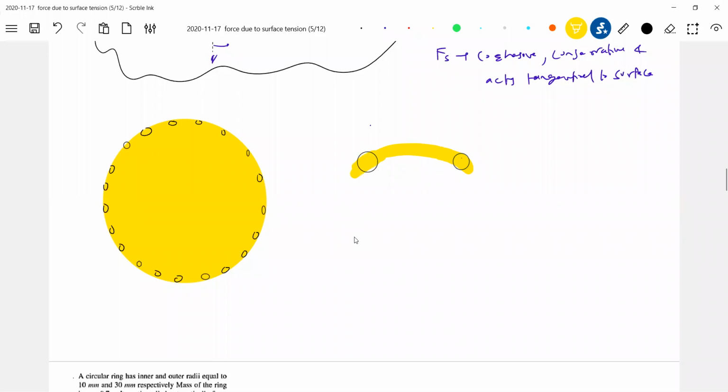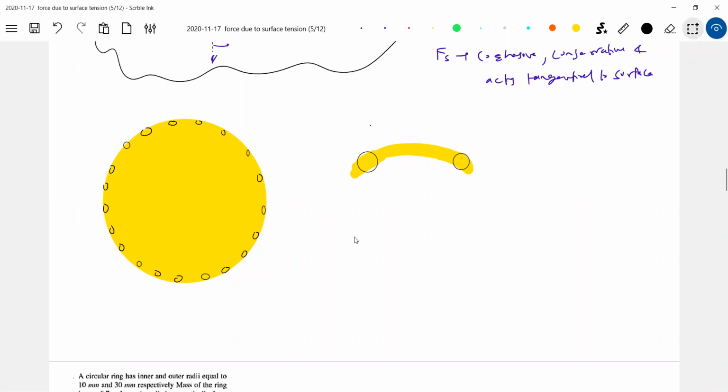Actually, they are near, no? So we should draw a tangent. If I draw an imaginary line, how will the force be? Of course, they're not on a horizontal line, it will be a curved one. If you draw the free surface, tell me how the force should act here. Anybody able to imagine? Tangentially, it should act tangentially.